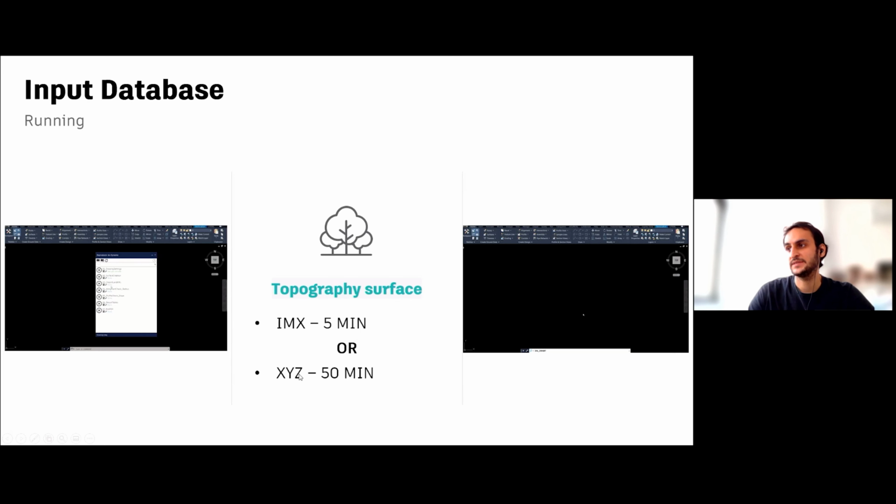Using the XYZ, we are spending 10 times more considering extensive topographic surface. For obvious reasons, we will not show the surface processing video. It's here, but it took a long time to see the results.